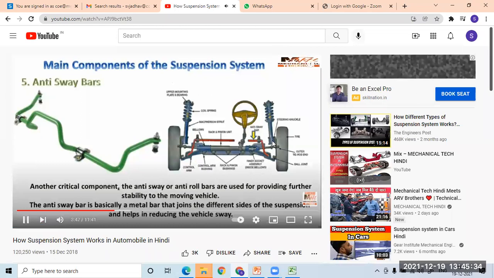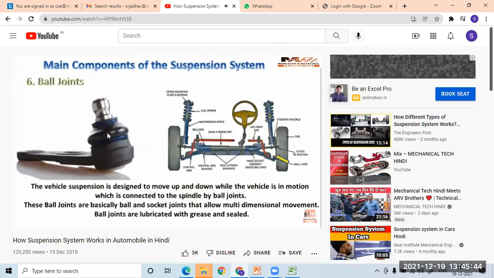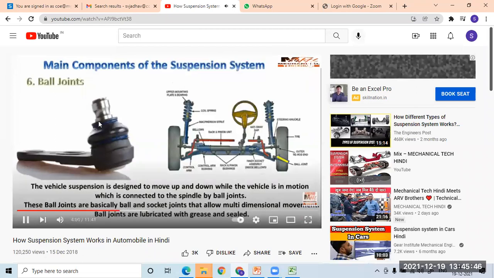Is connected between the two suspension. वाइब्रेशन से बचाना, उसको शॉक से कम करना। नेक्स्ट कंपोनेंट है बॉल जॉइंट्स। व्हीकल के सस्पेंशन को इस तरह से डिजाइन किया जाता है, जब व्हीकल मोशन में हो, उस टाइम पे सस्पेंशन का आसानी से अप एंड डाउन मूवमेंट हो।